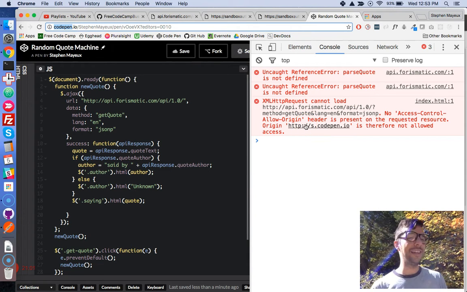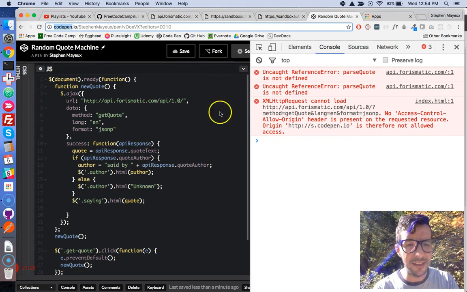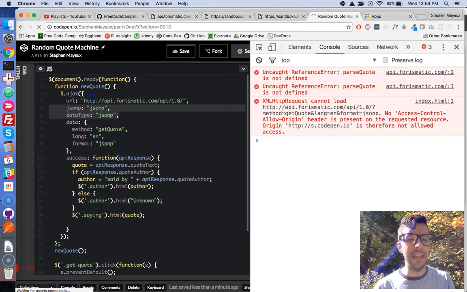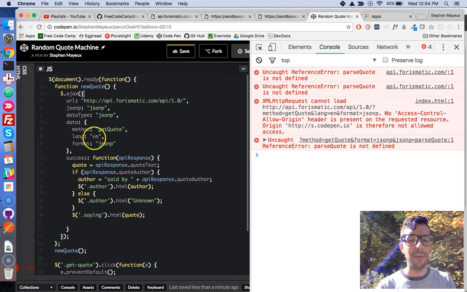And there's different ways to get around that. If the API is configured to accept requests without this Access-Control-Allow-Origin, then okay, it'll respond to your browser, no problem. But in CodePen, it's notoriously difficult. So you just need to specify, at least for this API, not to use JSON, but to use JSONP. And JSONP is just a workaround for this CORS issue. So anyway, just keep that in mind.